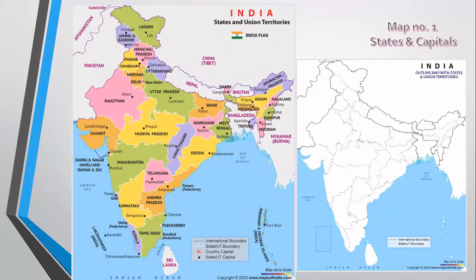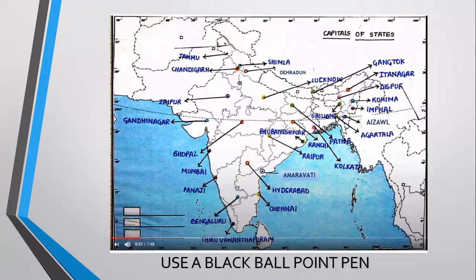Okay, moving on. Here in this you can see all of them are outside. All the namings and labelings are outside. This is also fine by me. The other is also fine. You can select any of these. And like you can see in this, all the writing is in capital letters only. So you're going to do this keeping your atlas open. Take your map and use a black ballpoint pen to write in capital letters only.